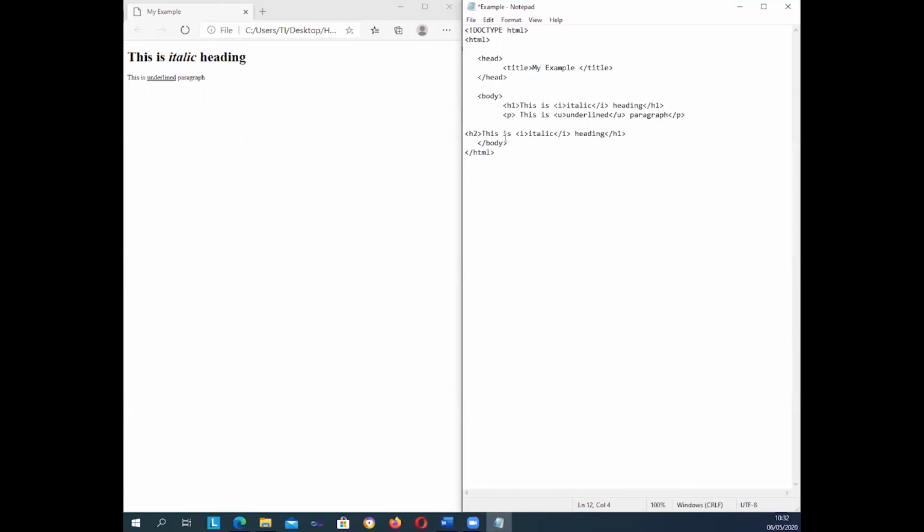As we have said before, we have header 2, header 3, header 4, and so on. So my opening tag for header 2, my closing tag for header 2 here. So I will remove this part because I don't want anything in italic. So this is heading 2, let's say this. So you will see that the HTML code has been aligned. As you can see, HTML has been aligned with the closing tag for HTML. The head has been aligned with the closing tag, even the body, and so on. So I will click on File, Save, and if I refresh it, you will see that this is heading 2